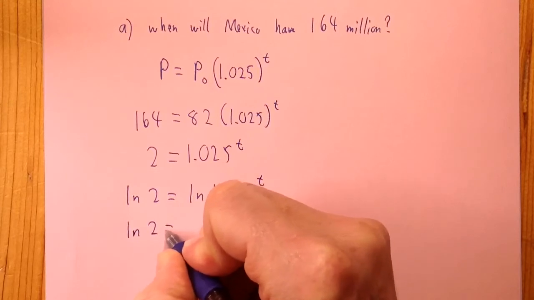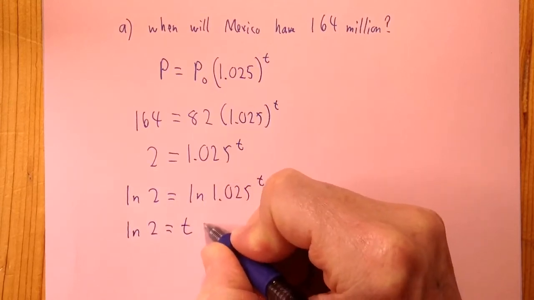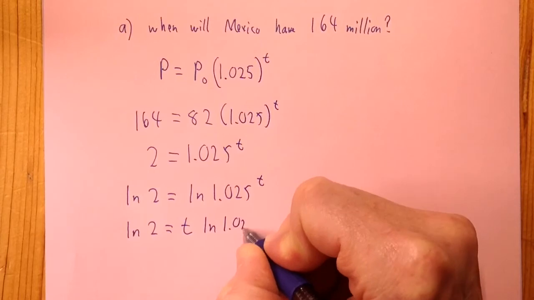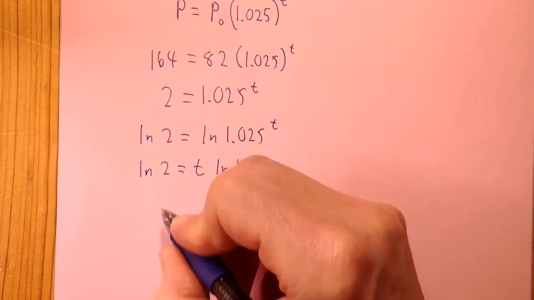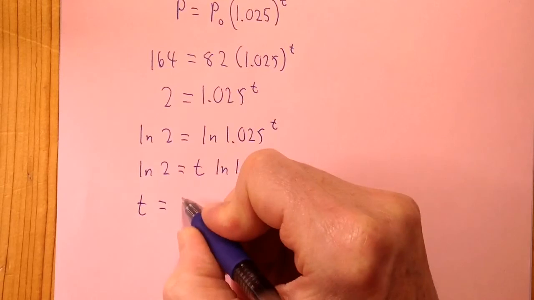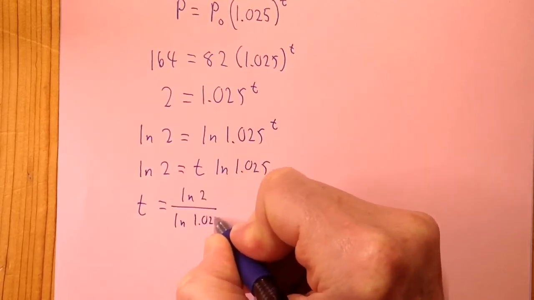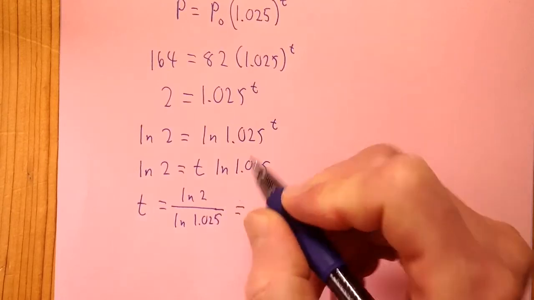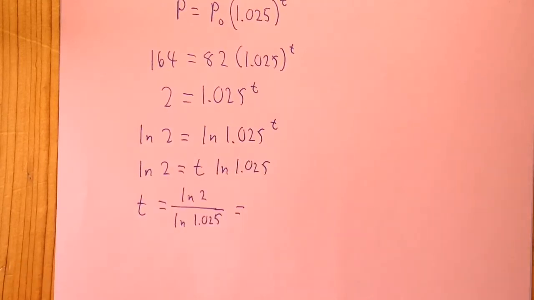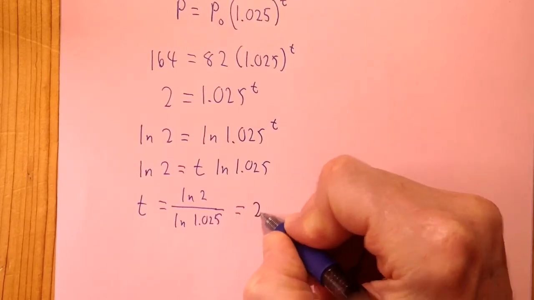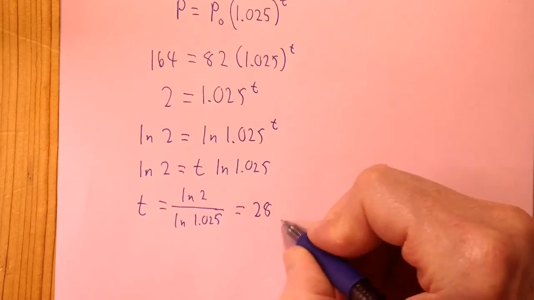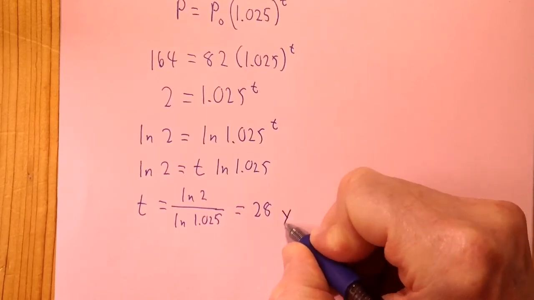So, showing all my work, ln of 2 is equal to t times the ln of 1.025, or finally the time is ln of 2 divided by ln of 1.025, and now you plug that into a calculator. ln of 2 divided by ln of 1.025, and I get about 28.07, but we'll just round off to years, so in about